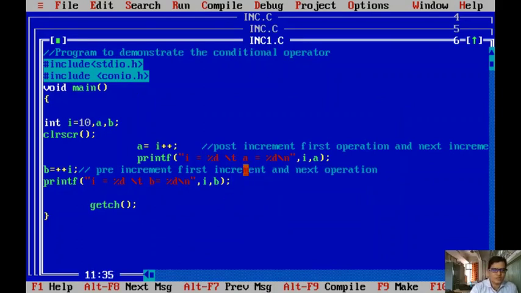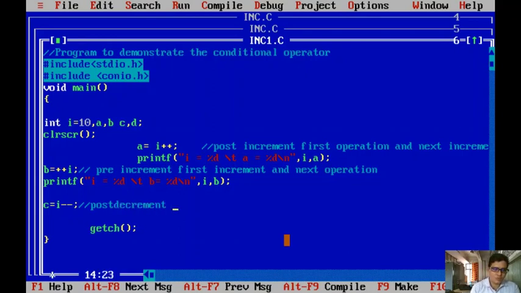In the same sense we can do it for pre-decrement and post-decrement. For this I am copying. Now I will write c is equal to i--. So if i-- means, which operator is it? Post decrement, right?